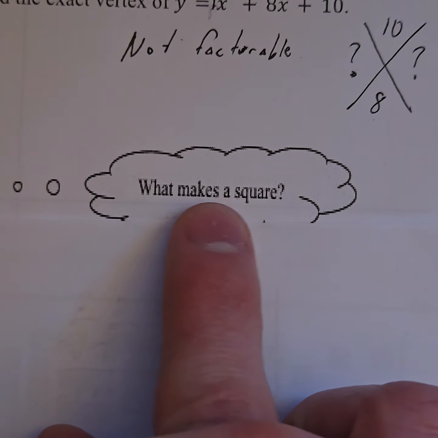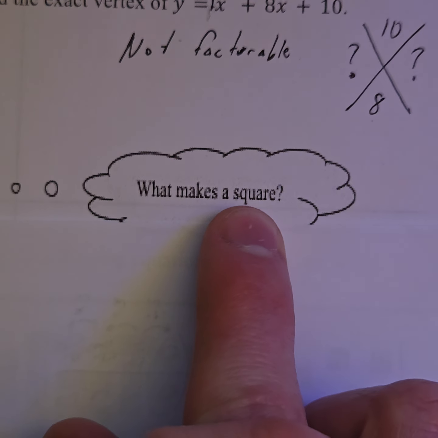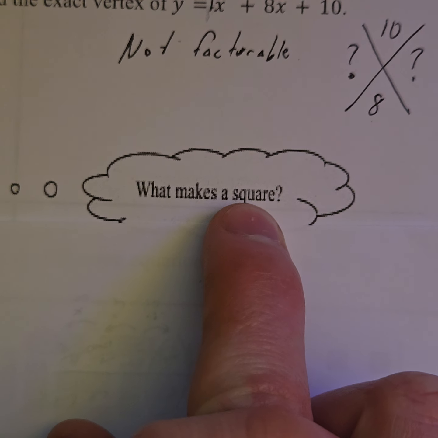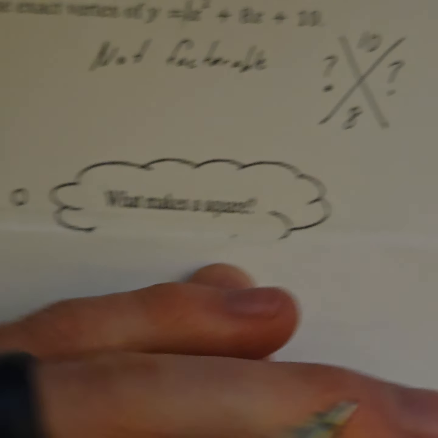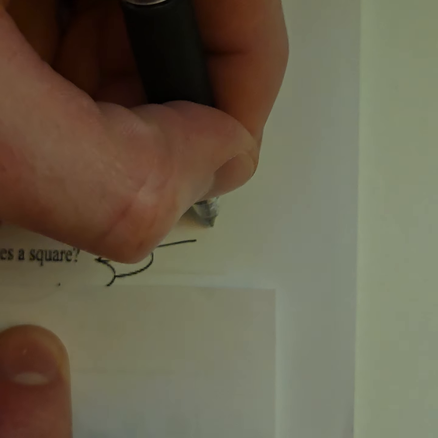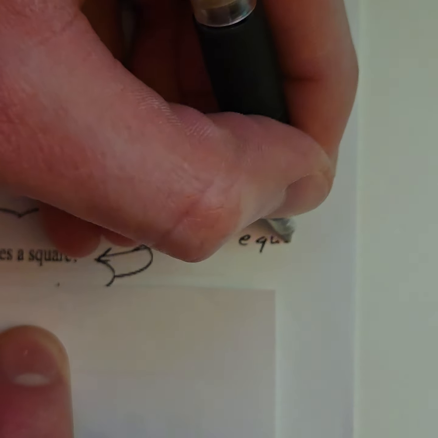So our question here is asking what makes a square. What's one property that you guys know about a square? Okay, and you're probably all thinking it's 4 sides, 4 equal sides. So let's write that off to the side here. So 4 equal